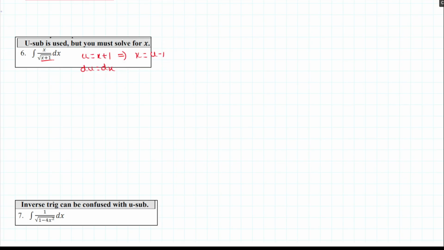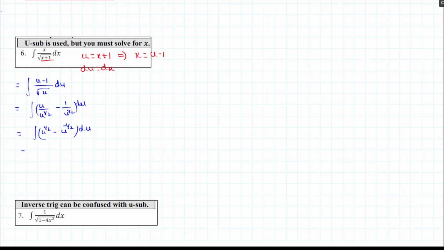So this integral can be written as: x can be written as u minus 1, the square root of x plus 1 is u, and dx equals du. So this can be written as u over square root of u, that is u power 1/2, minus 1 over u power 1/2, du. So this one is the integral of u over u power 1/2, which is u power 1/2, minus u power negative 1/2